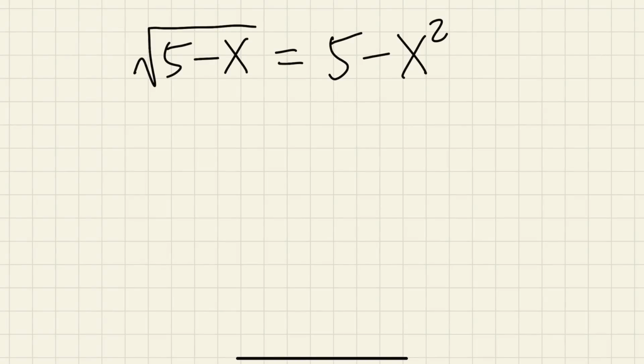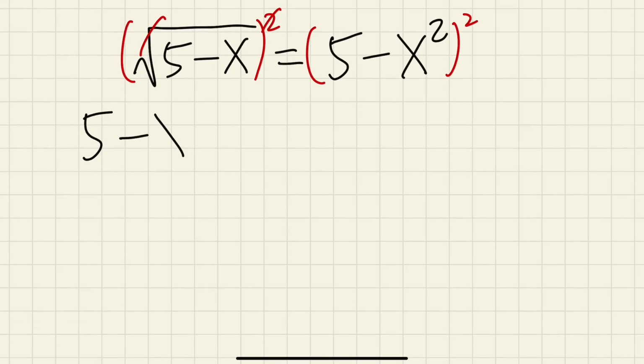This is definitely the coolest way to solve this equation. Let's first square both sides. Yes, I know, even though in my original video I told you guys not to do so, but just check this out. On the left hand side, we will have 5 minus x, and then expand the right hand side,